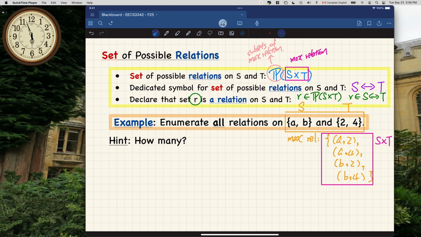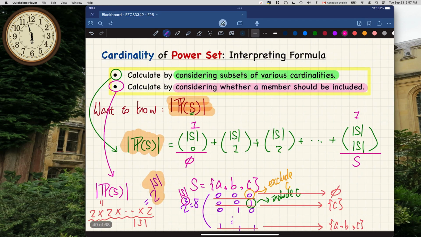All right, so now the job is to enumerate all the relations between A, B, and 2, 4. So let's see how we do that. And also we have to figure out exactly how many. Actually, how many might be something you can already answer. How many? 16, I heard 16. Would you guys agree? Okay, so remember one formula there is to calculate the 2 to the power of